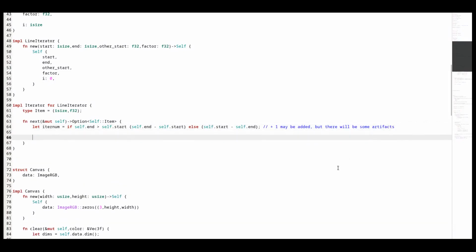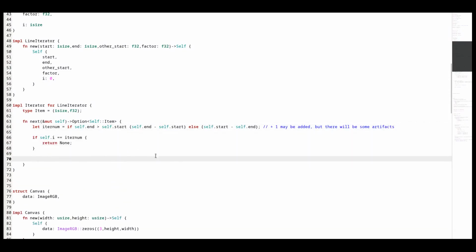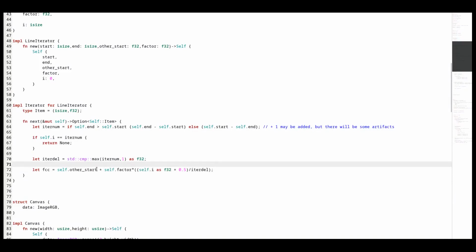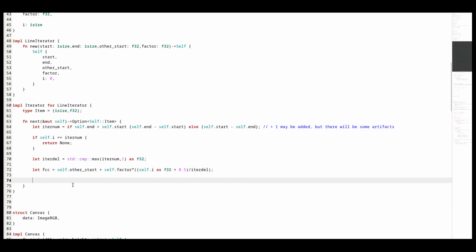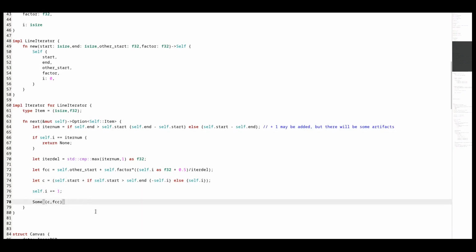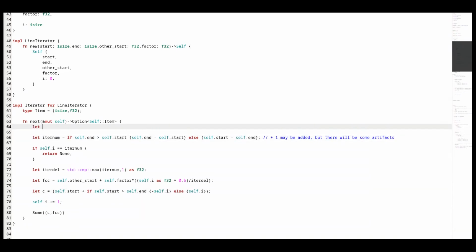Iternum is the number of iterations. You can pause the video to observe the code. Let's dry this code a little.